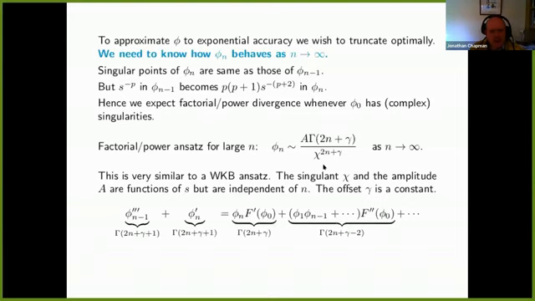So this ansatz is very similar to a WKB ansatz with a phase and an amplitude. So the singulant chi is playing the role of the phase. If I substitute this ansatz into the equation, here I'm just showing you how big each of the terms roughly is. So phi n minus 1. So n minus 1 means